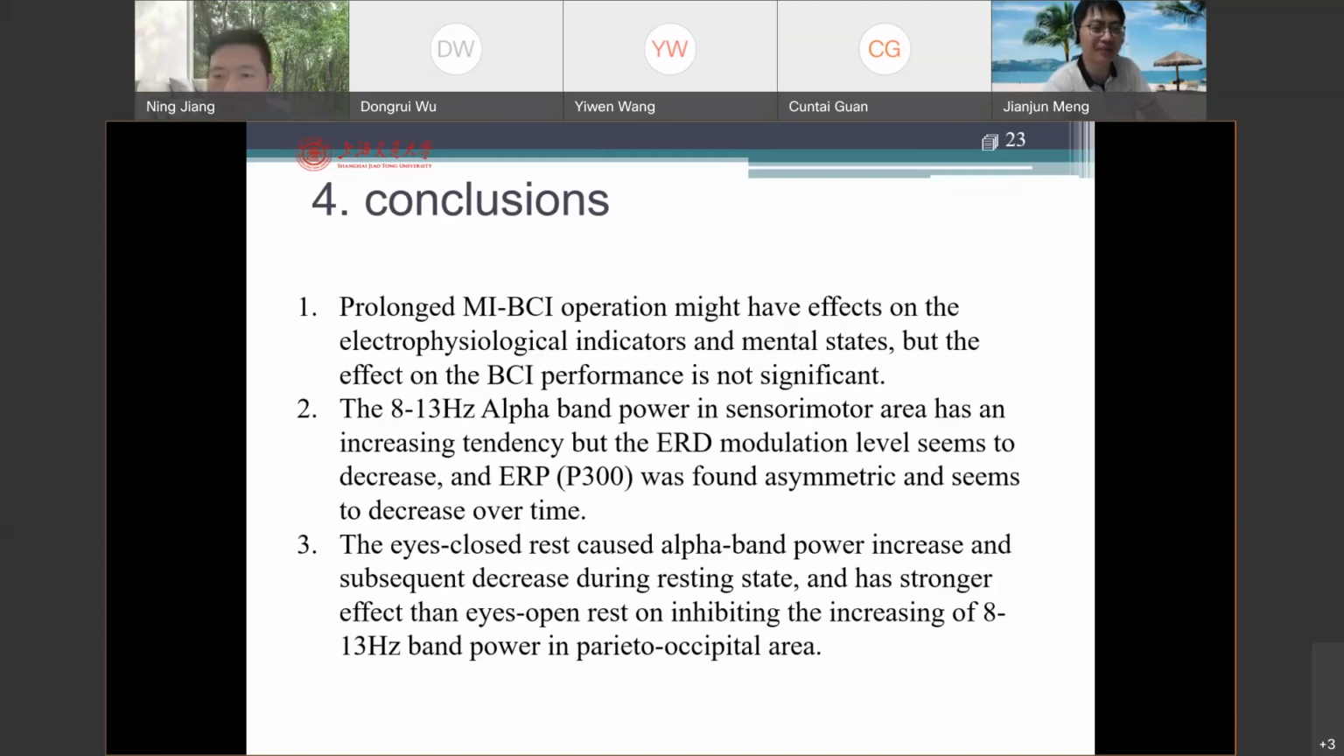Okay. So actually, there are lots of questions. Another one I think is interesting: about SSVEP, did you investigate the difference between visual fatigue and...